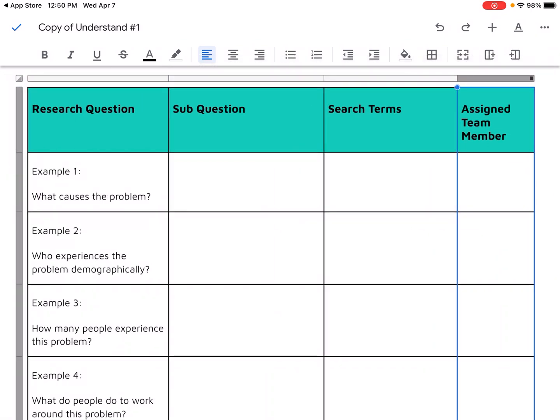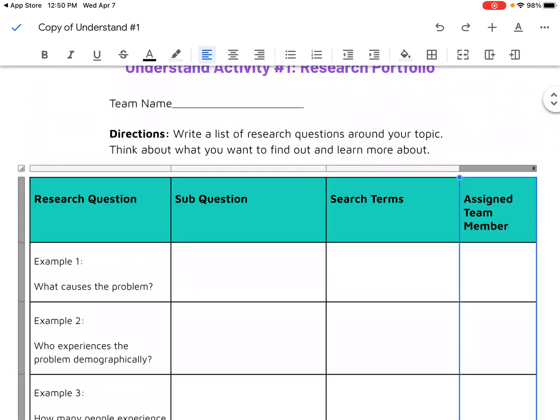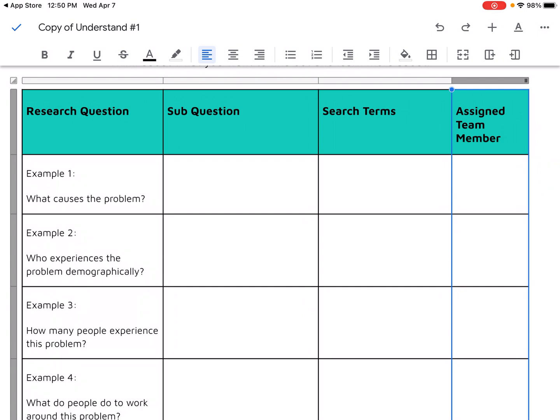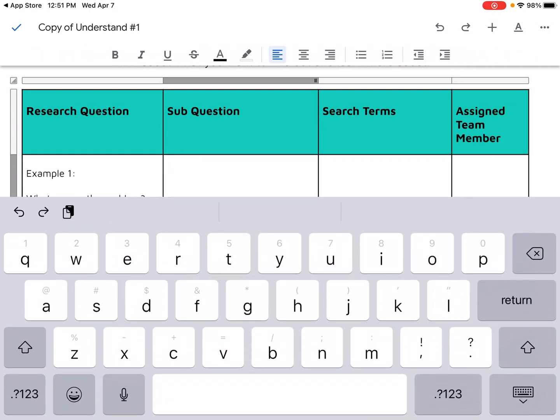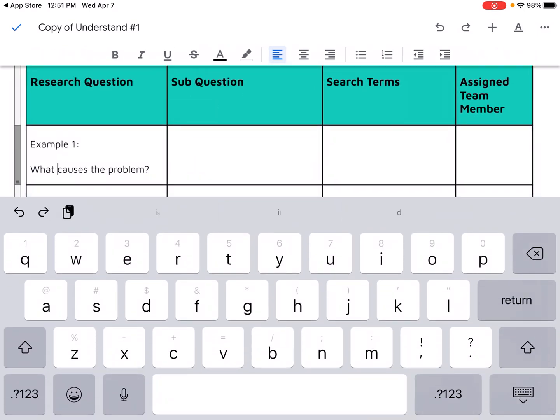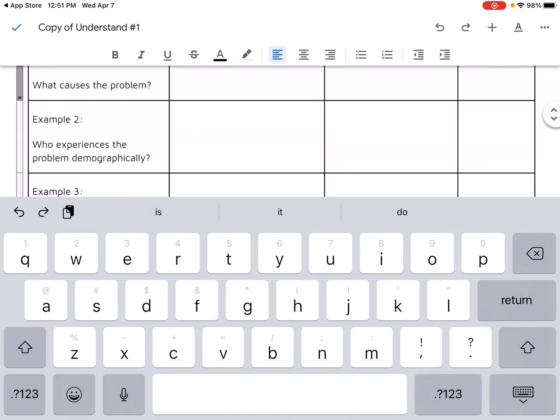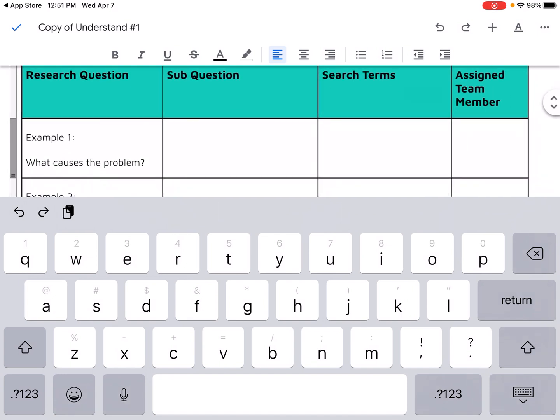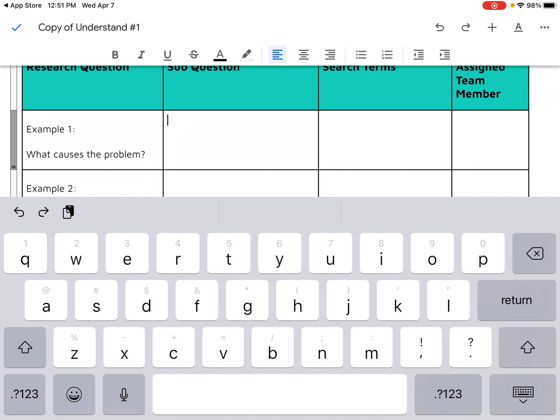Okay, so for example, if we're thinking back to our recycling question, the example that I was using. First, we know that the problem is kind of like Del Lago needs recycling. So what causes the problem? You can use that research question example that's given to you. It may or may not fit with your topic. It depends. So let me walk you through some examples. Let's say we're doing the recycling one, like the lack of recycling at Del Lago. What causes the problem? Well, there aren't